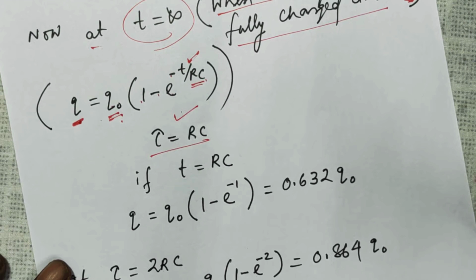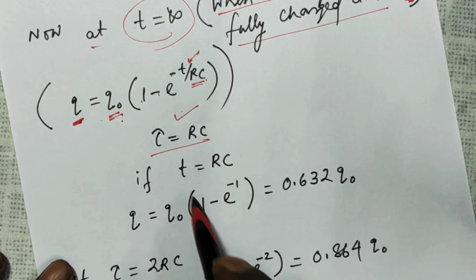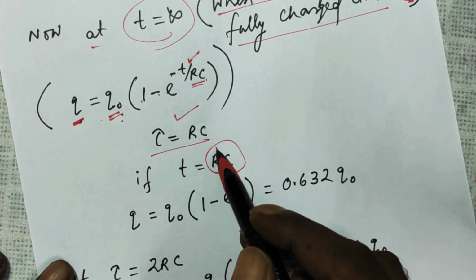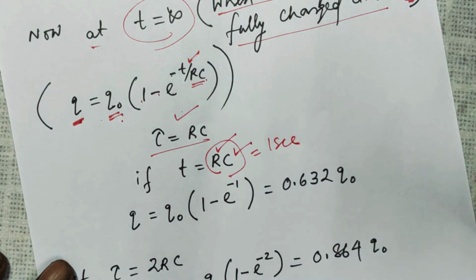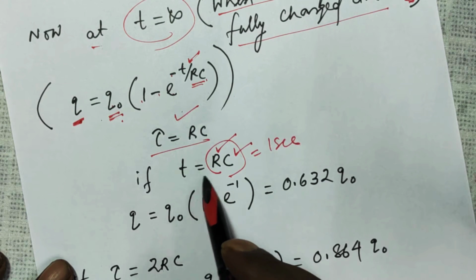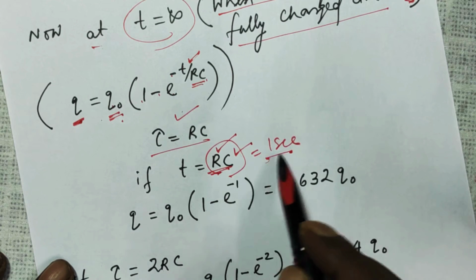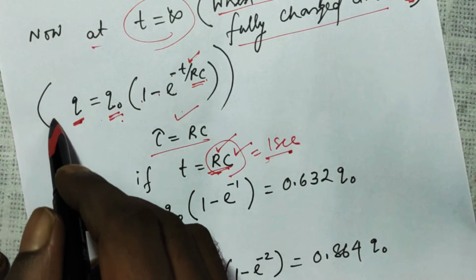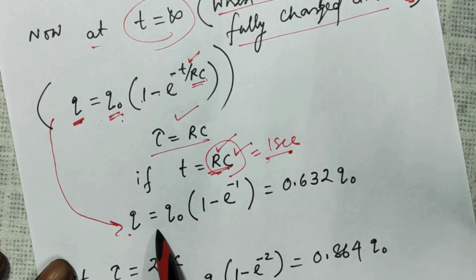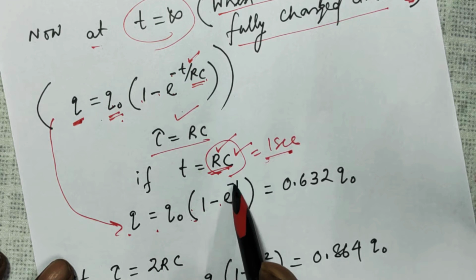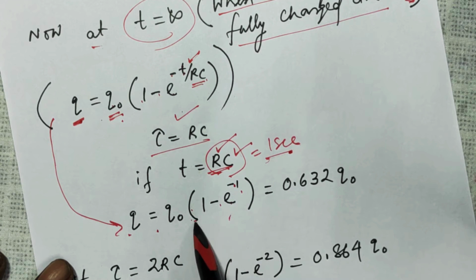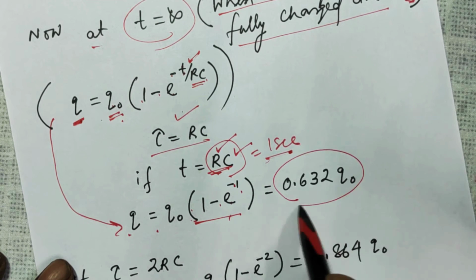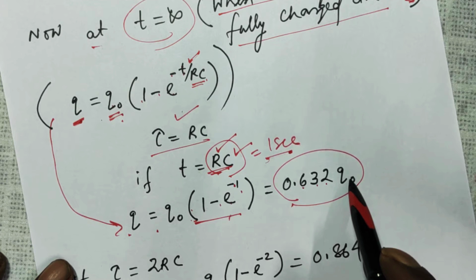Now, if you allow the capacitor to work for a time equal to RC, whatever the value of R and C, suppose equal to 1 second, then what will be the charge in the capacitor? Q is equal to Q naught times 1 minus e to the power, for t I put RC, cancel, e to the power minus 1. When you put this in a calculator, this comes out to be 0.632 Q naught. Means